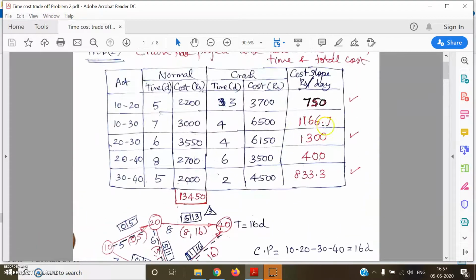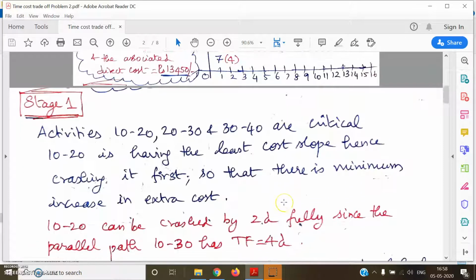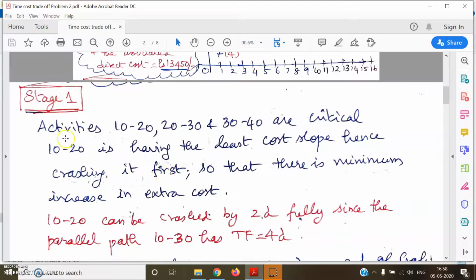Now from the table we have already calculated, I have marked the critical activities by the tick mark here. 10:20 is 750, 20:30 is 1300 and 30:40 is 833.3. Of these 3 critical activities, 10:20 is having the least cost slope of 750. Therefore, we have to crash 10:20 first. That is what is written here. As you can see, activities 10:20, 20:30 and 30:40 are critical. 10:20 having the least cost slope has to be crashed first, so that there is a minimum increase in extra